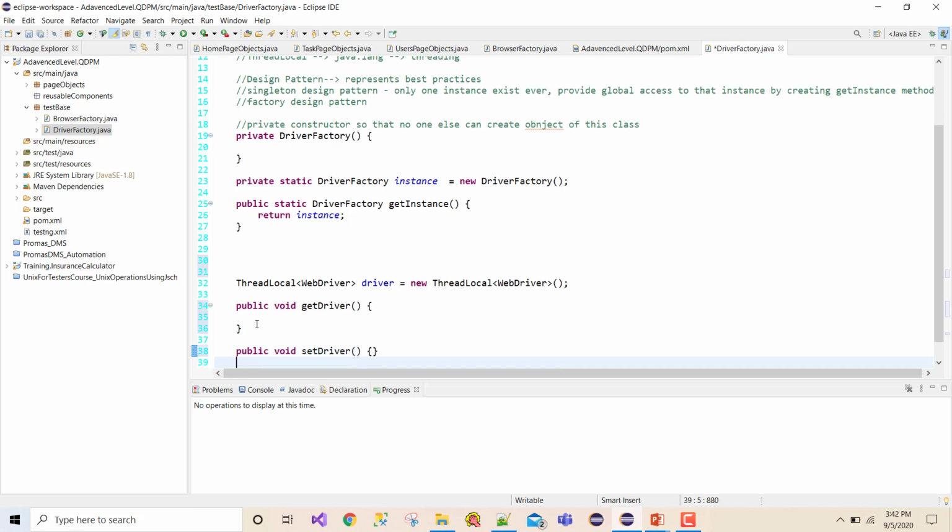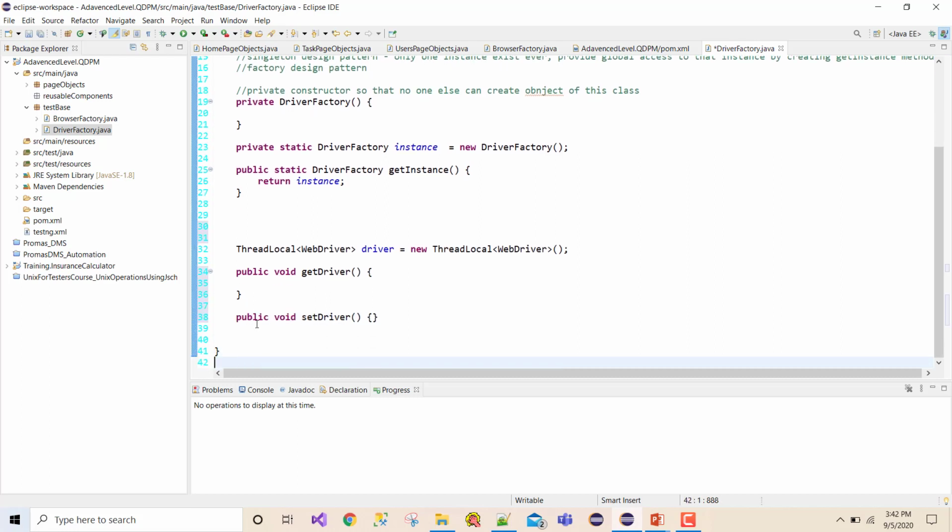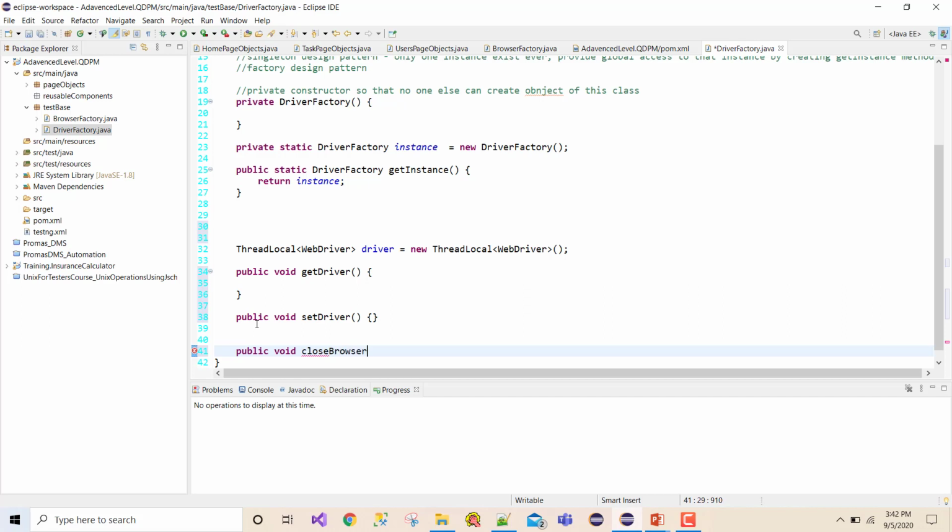And one more method I'm going to create here, give me a minute: public void close browser. So I'm going to implement these three methods now with the help of the driver which I declared earlier.